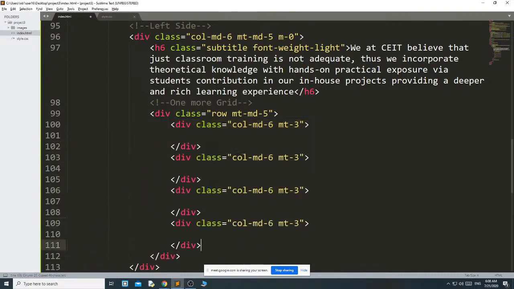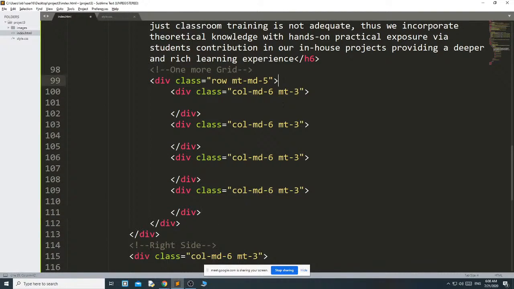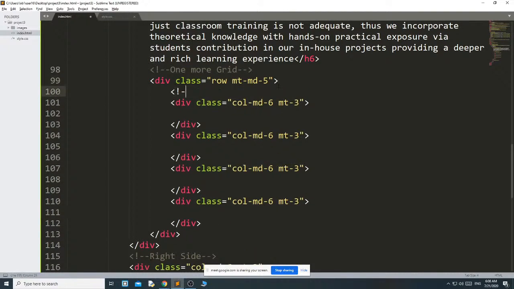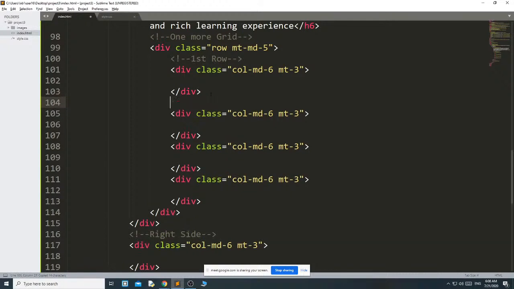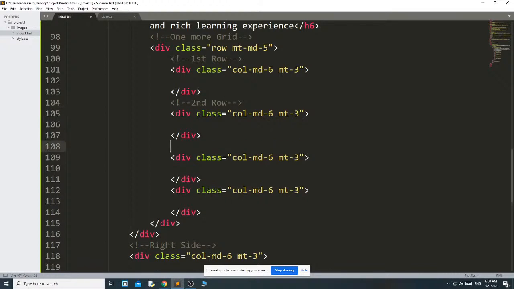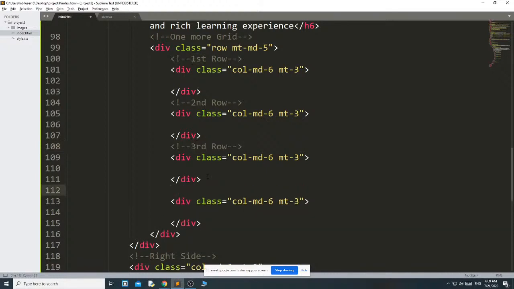second, third, fourth. You can use the comment line, first row, then here second row, then here third row, and here fourth row.